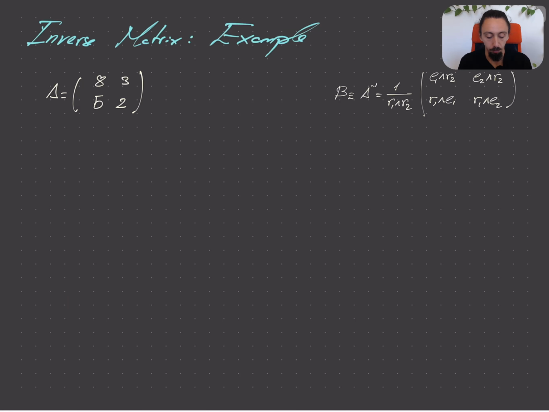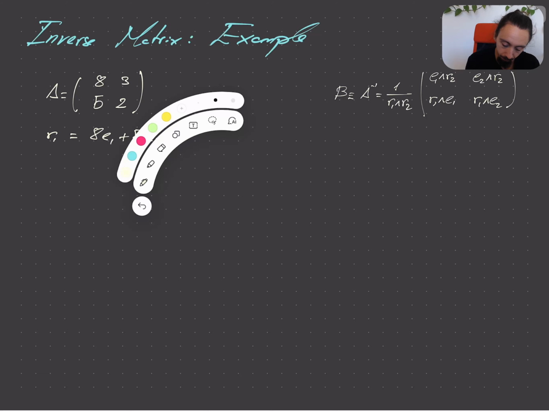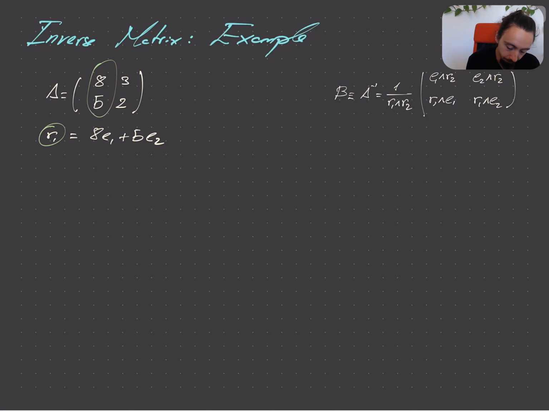So here we have a random matrix 8, 5, 3, 2, and on the right hand I have my expression for calculating the inverse of a matrix. So we can immediately write R1 as 8e1 plus 5e2 coming from this line here, and from this column here we write R2, which equals 3e1 plus 2e2,